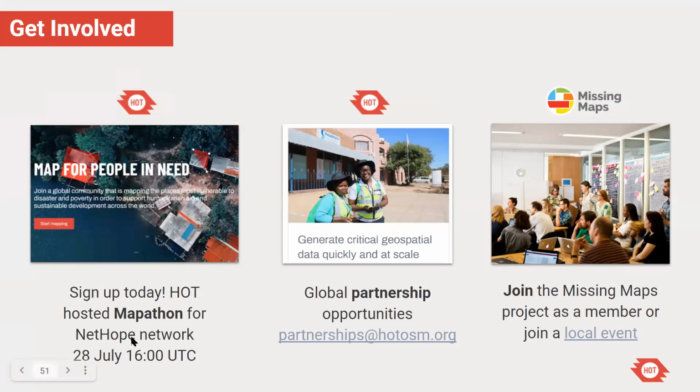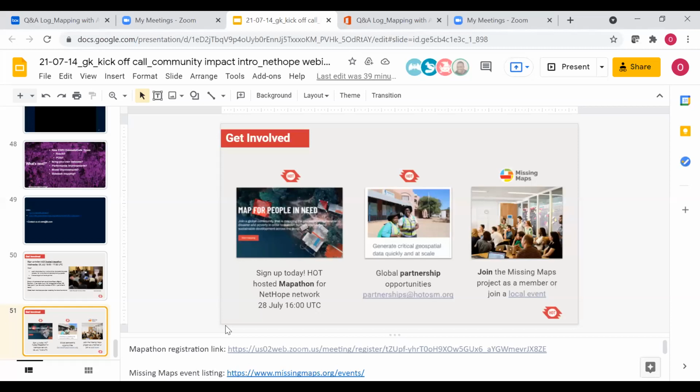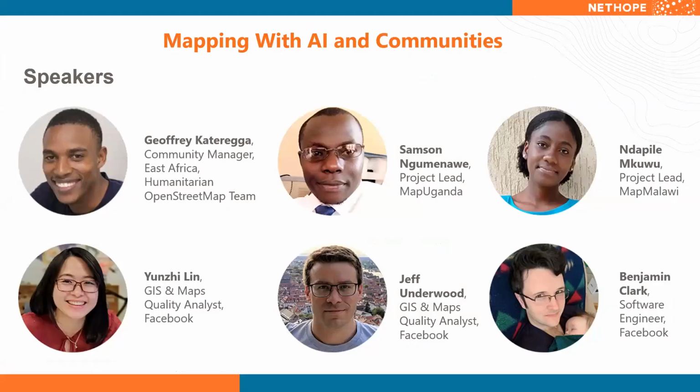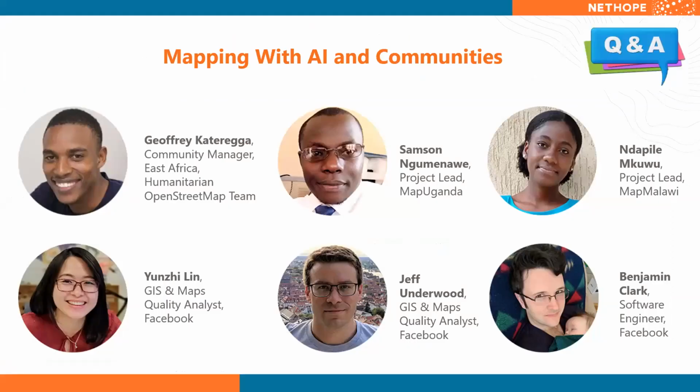Thanks, Jeffrey. Oh, so yeah, lots of information there to think about. I think mapping is something that lots of different organizations have a need for. Question that I have really is how does an organization that has a particular mapping need engage with Humanitarian OpenStreetMap's team in order to meet that need?